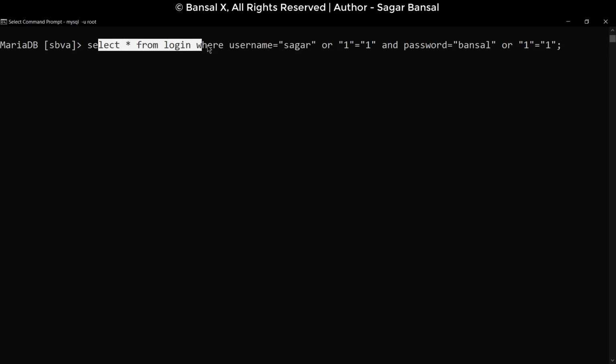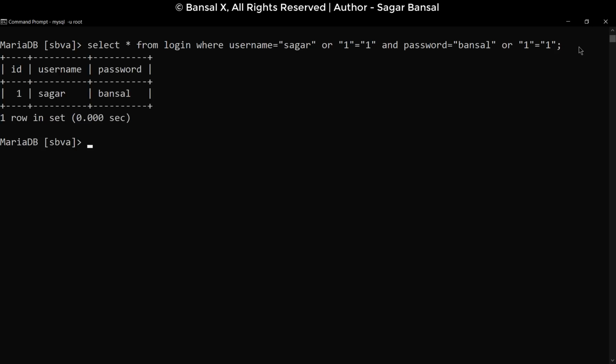Select star from login where username equals "Sagar" or 1 equals 1 and password equals "Bansal" or 1 equals 1. So basically, I can go ahead and press enter and this will work. However, even if I give it a wrong username and password like admin this time,